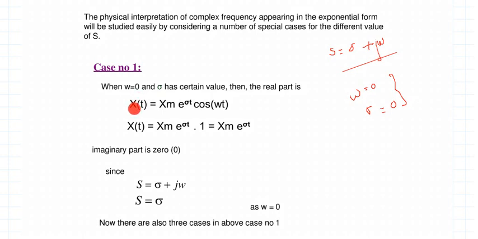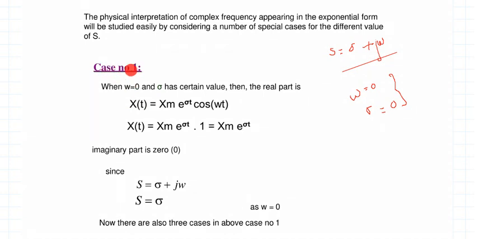Then we will see what is the effect on xt. With these cases, what are we interested to observe? We are interested to observe what happens to the signal xt which we have expressed in a complex form. We started with that. In the very first slide, we had represented a signal xt in the form of complex frequency. If that signal is dependent on complex frequency, and is a function of sigma and j omega, what happens if I consider these cases? What is the effect on s, and indirectly how this s affects the signal xt is what we are going to analyze by making different cases.